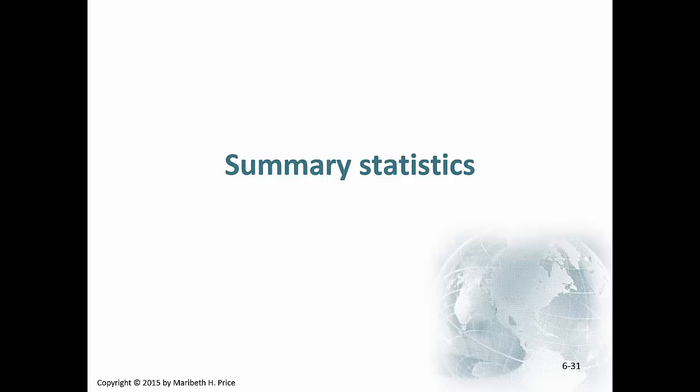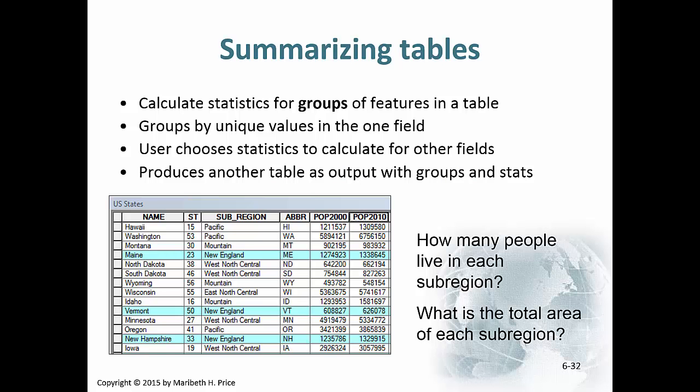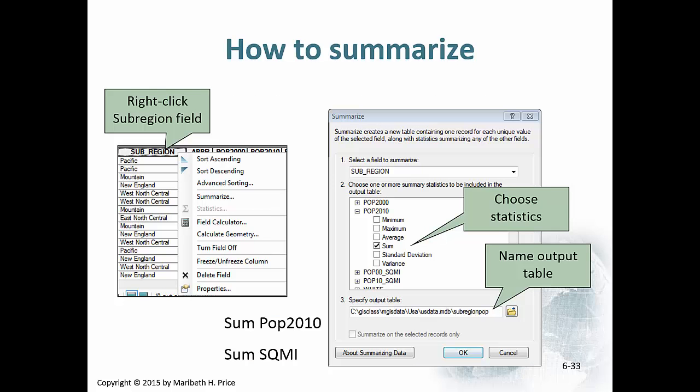Summarizing table data is another powerful tool that GIS users need to understand. You can summarize entire tables or select specific records to summarize using a query. Right-click on the field and select Summarize from the shortcut menu. Make sure the field you are summarizing with. In this case, the software will combine all the state records based on the subregion field and sum the total